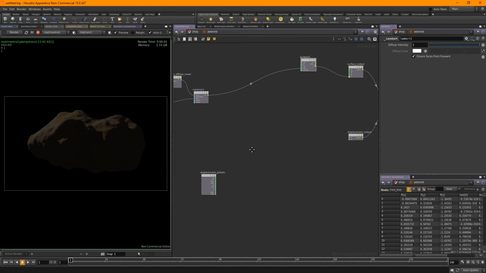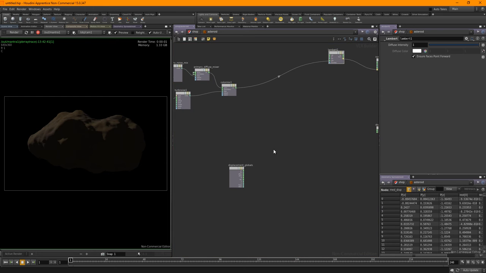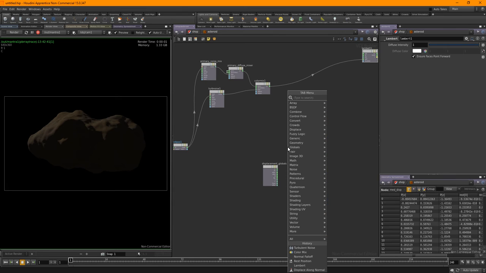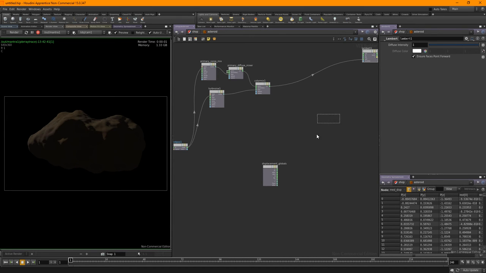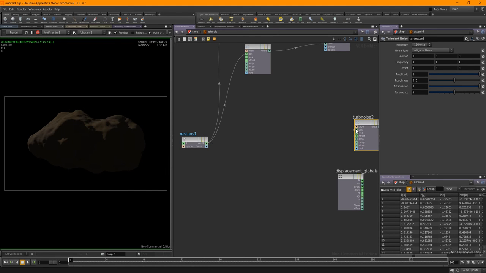Before you start adding different specularities and stuff like that, I like to see the displacements first, because you can't really get a handle on what's going on without your displacements in there. It'll look totally different once it's displaced. So again, good old turbulent noise. Okay, rest position, we're going to use you again, because why not?